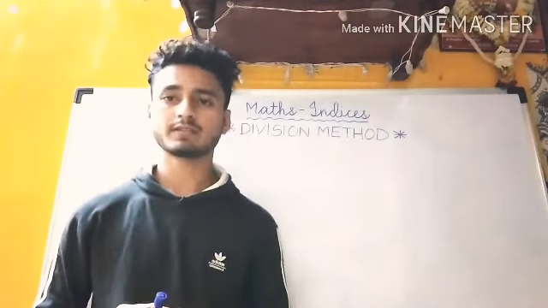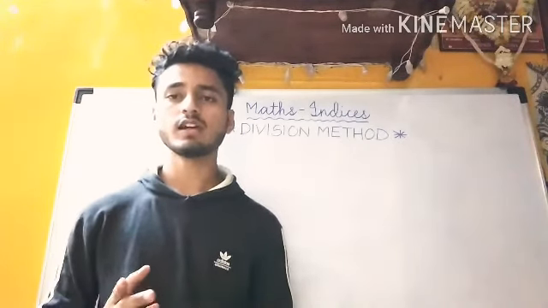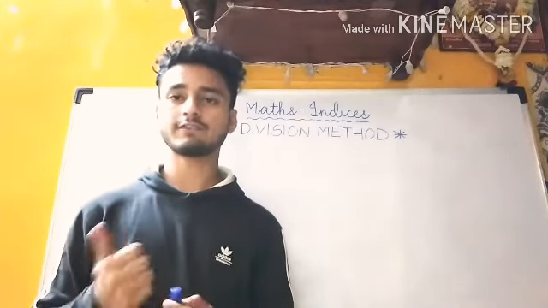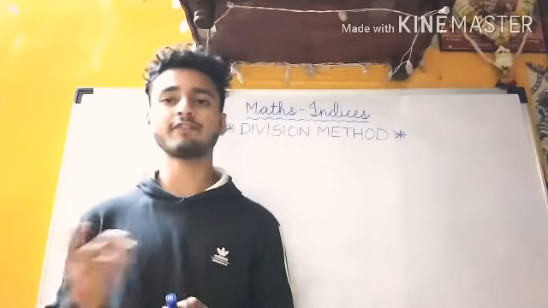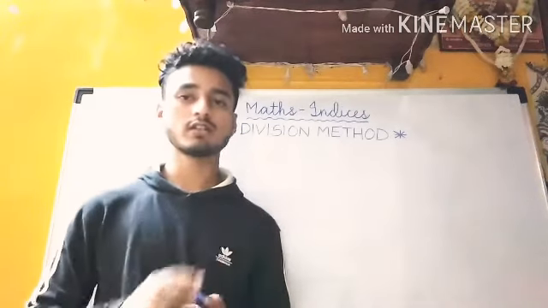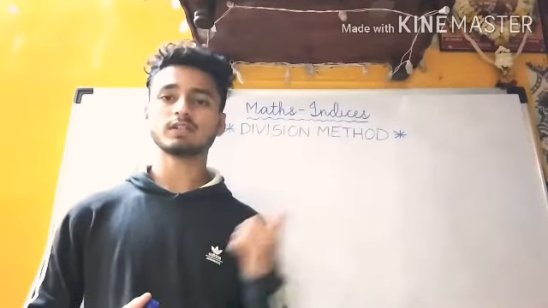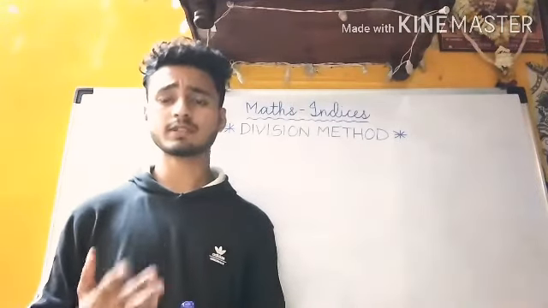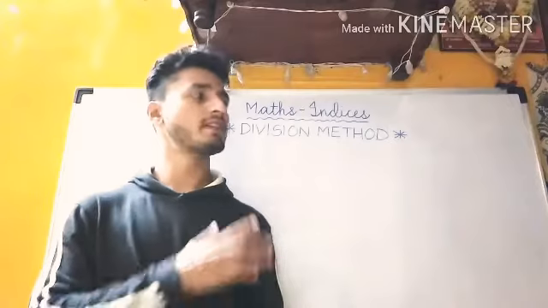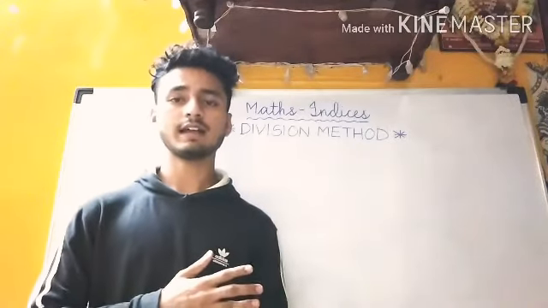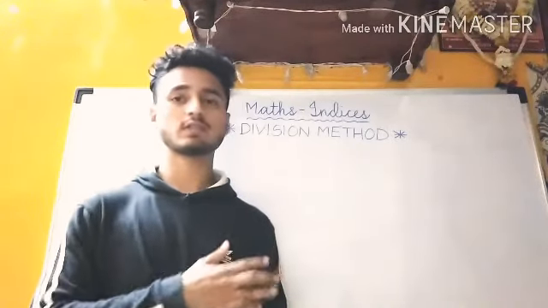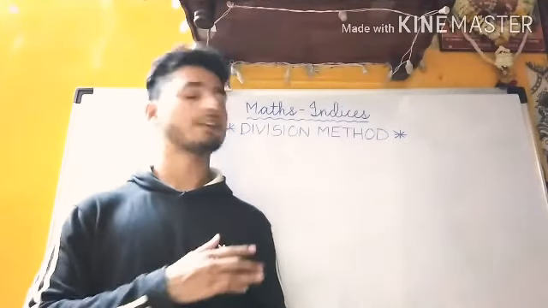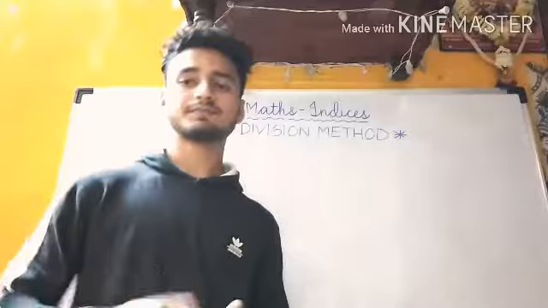Now how to make the pairs? It is very important that you make pairs from the right hand side. You will not make pairs from the left hand side as we used to do in the prime factor method. This is different. We are going to make pairs from the right hand side only. There are various possibilities in the questions, so we will learn all the possibilities and try to make pairs so that you understand how to make pairs in the question. Afterwards I'll teach you the remaining method.